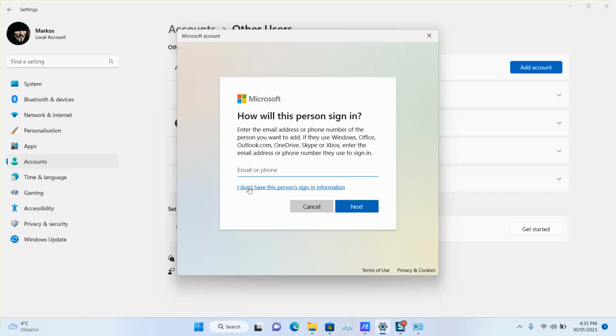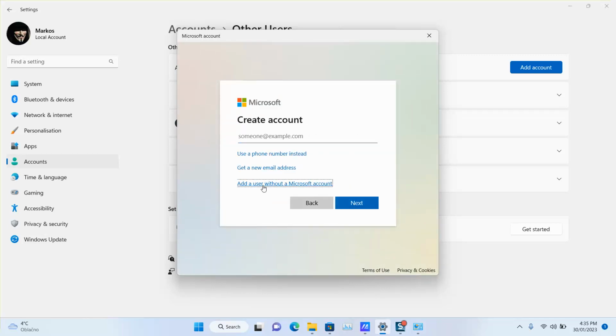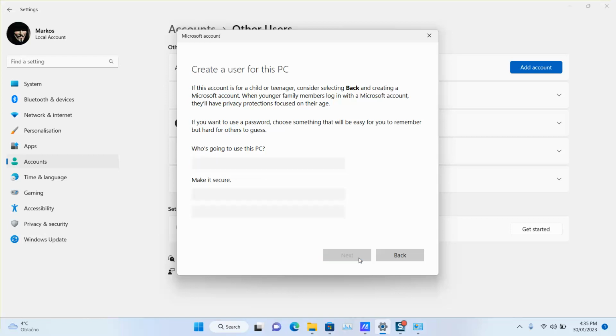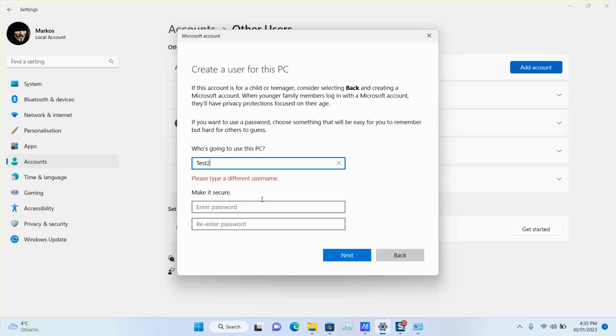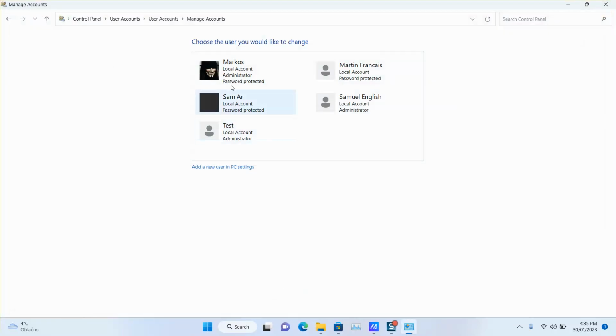So I don't have this person's information, and we're going to click this way, add a user without Microsoft account. This should not have any impact on you, but it will solve the problem. So we're going to name it test. Next, with the password, and we'll go back to our control panel,